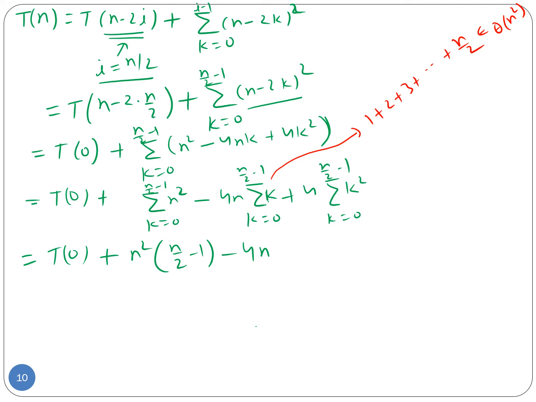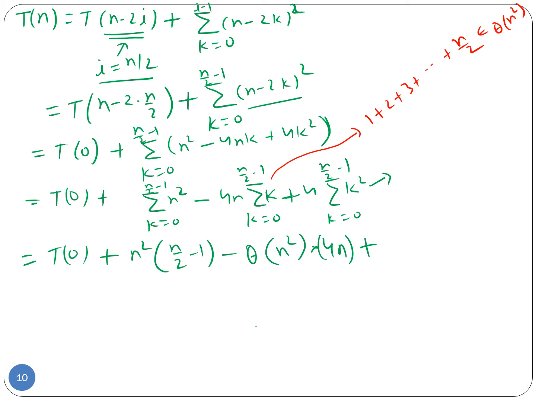Because n into n plus 1 by 2, if you open this up you get n square, the largest degree, right? So this is theta of n square. Now notice this, so I'm going to directly say here, this is basically some theta of n square, and you're multiplying that by 4n. So basically this becomes theta of n square multiplied by 4n, right? And so this is the second term here, and the third term is basically, notice that